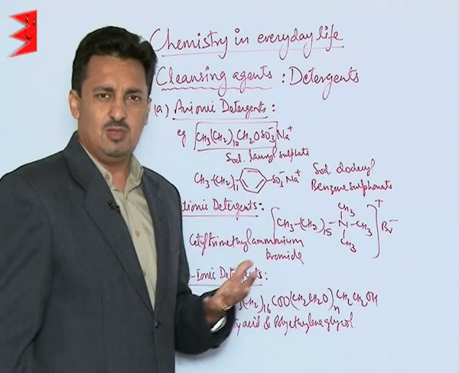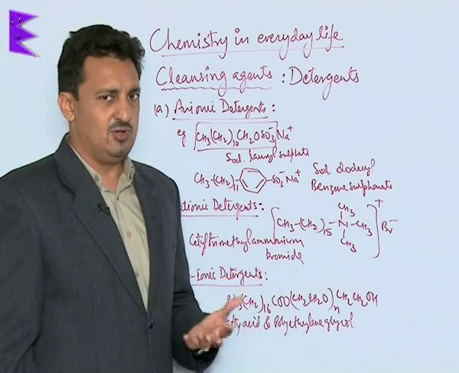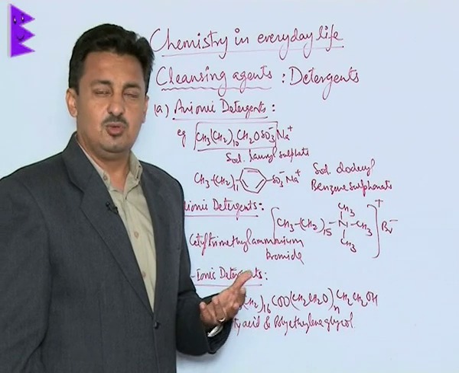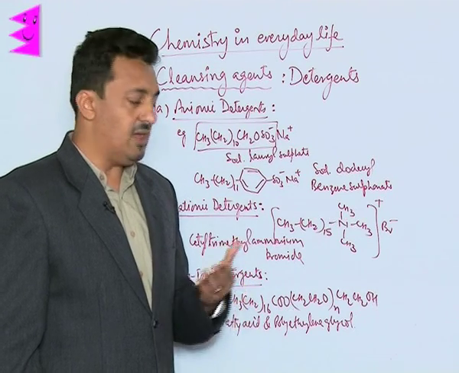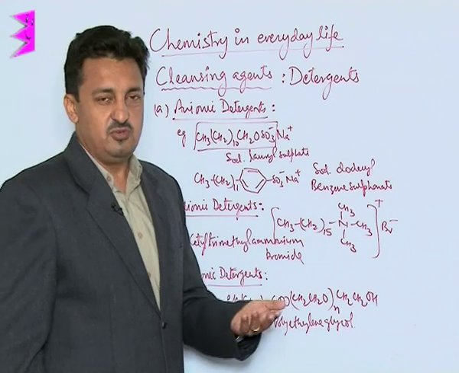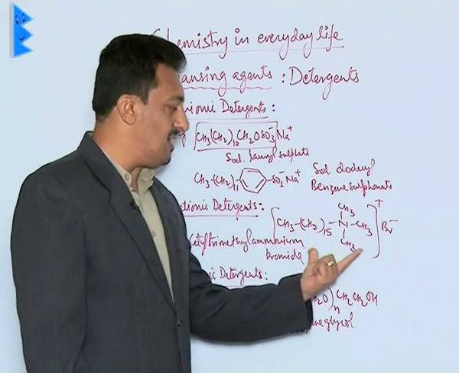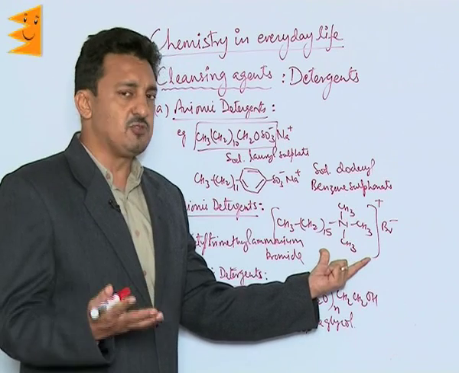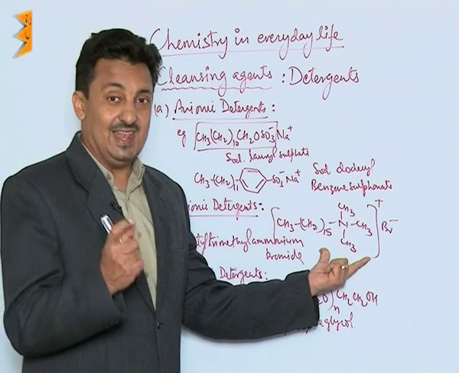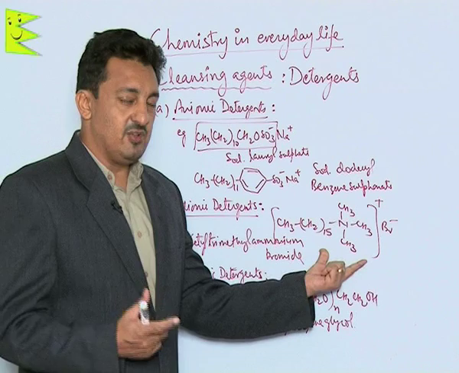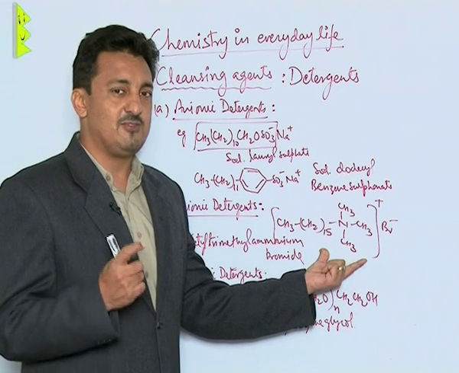Now they are the most commonly used household detergents, as I have told you, and they are also used in toothpaste and in the common detergents which we use in our day-to-day life. Then cationic detergents. In this, the main carbon chain which leads to the formation of the micelle is not an anion, it's a cation. So these are quaternary ammonium salts of long